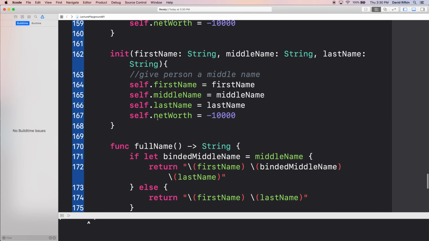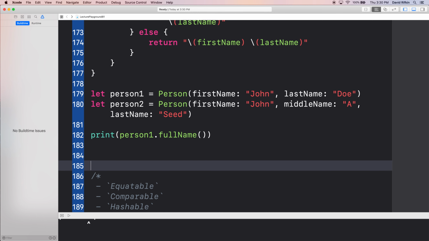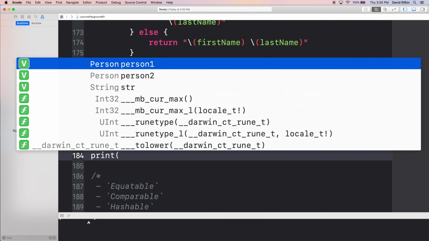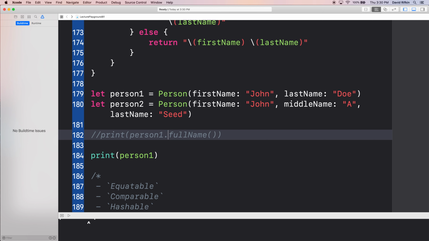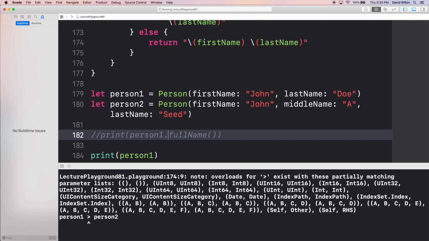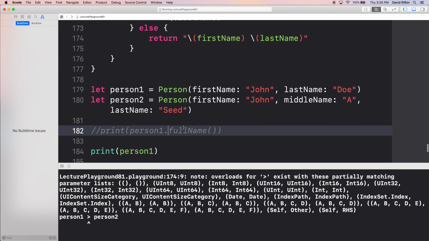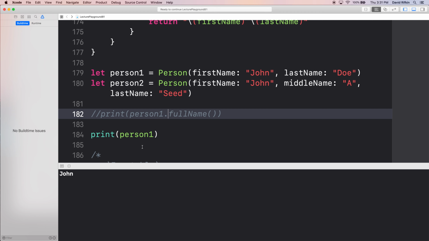Person, we've got a person, and then let's say I print person 1. Are you ready for this? It's about to get wild. Hold on. It'll be fine. This is not working. Come on. So I printed out person 1